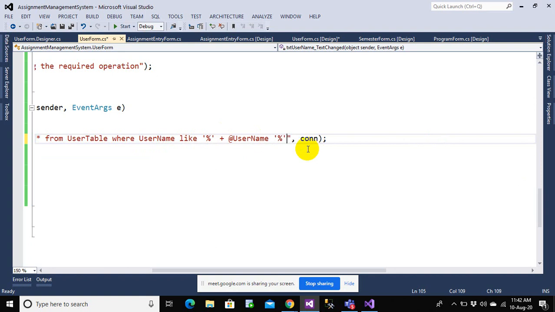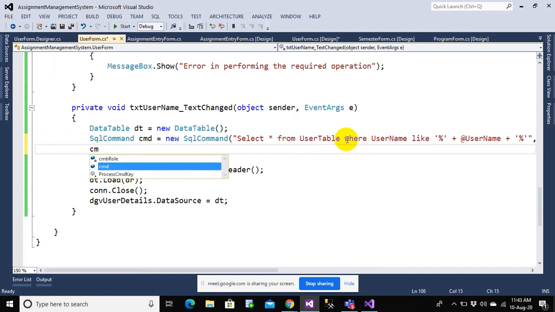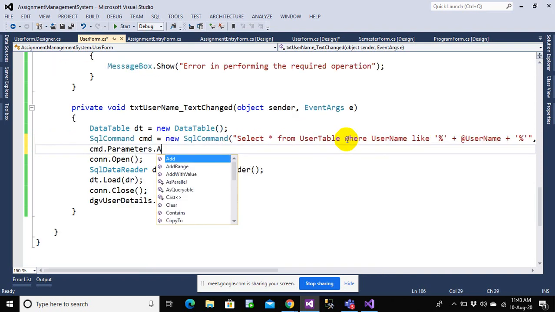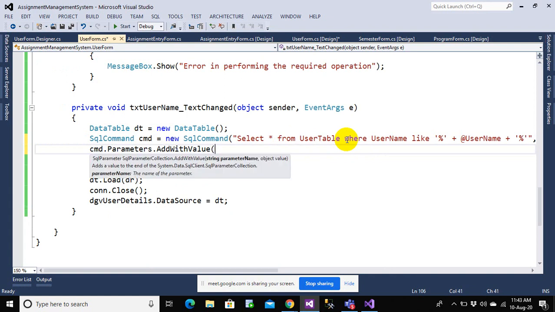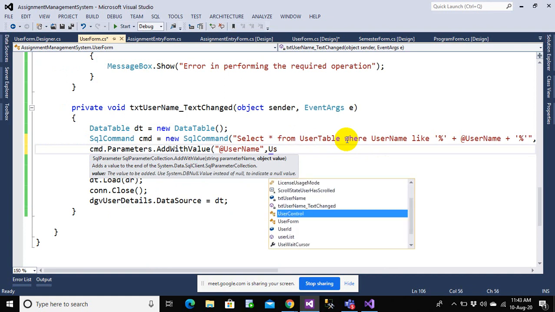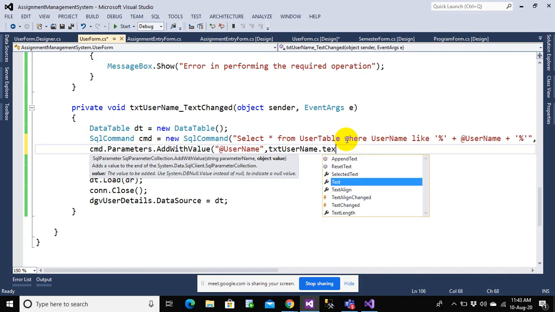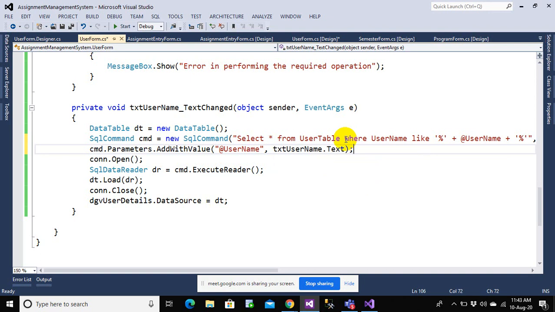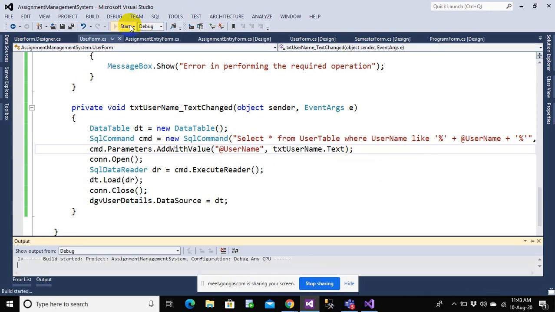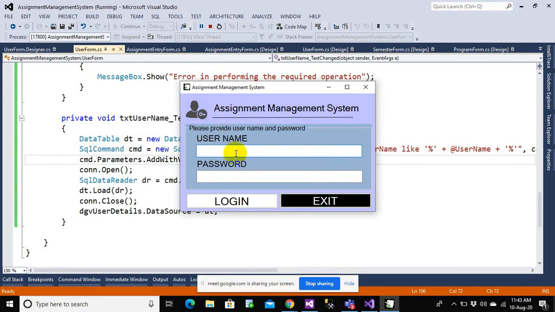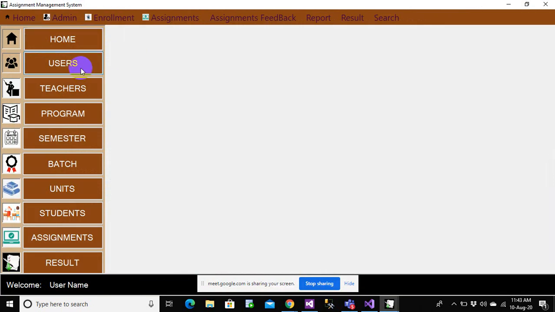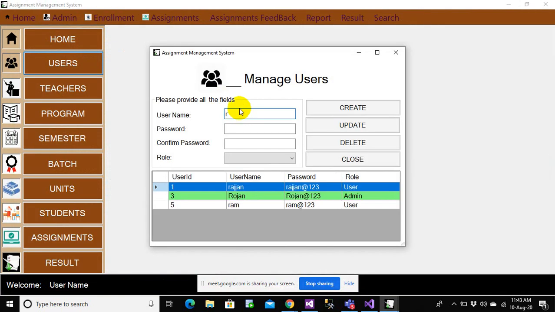Do not worry if you do not understand this, because this is something different. Let me just test it. If it works, it's okay. Otherwise, we'll try some alternative option. Yeah, this worked.